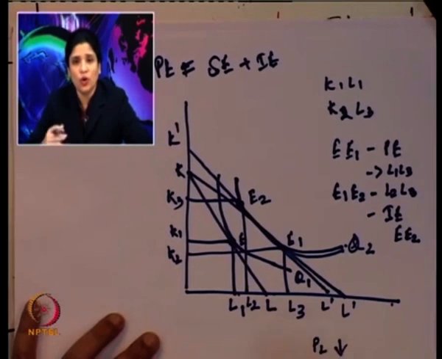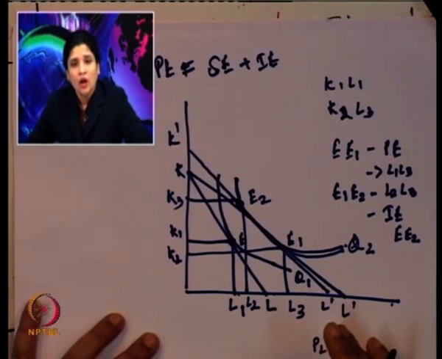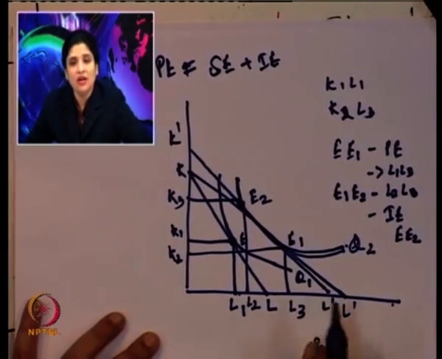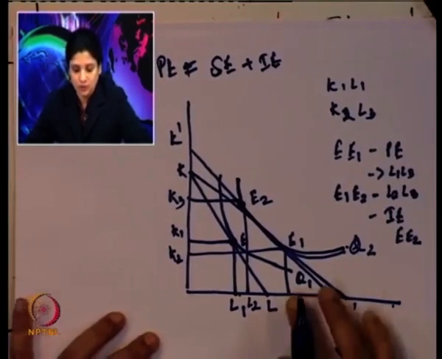That is the reason they go on using more of that input. So, in this case also the same thing has happened. Once the price of labor has gone down, the producer has tried to optimize and used more of the labor as compared to the capital, and that leads to the change in the input combination and also the change in the level of output.